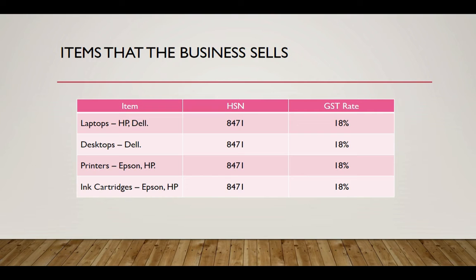So the products, laptops, desktops, printers and ink cartridges can be considered as line of products that the business has to offer. So this was some information related to the business and the product it deals with. So these are not actual products, these are just line of products. We are going to define actual products like Lenovo ThinkPad and Dell XPS and so on based on this information.